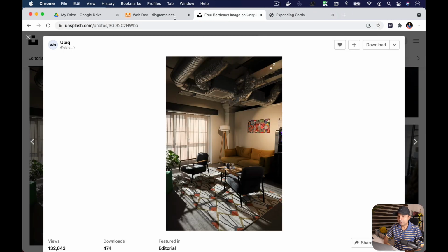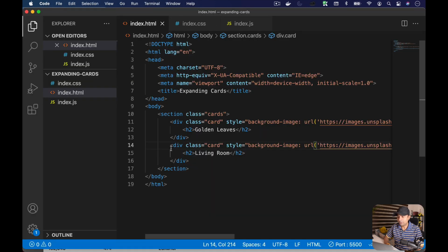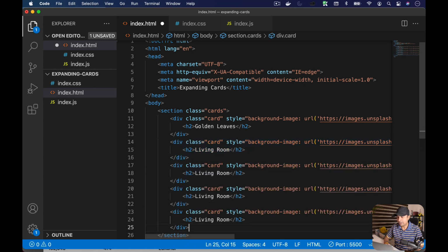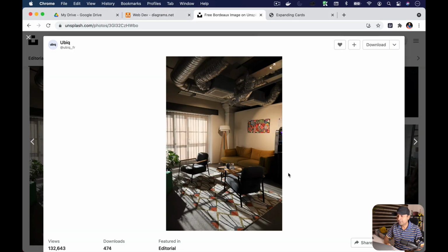Let's have the third image now. So I'm going to copy and paste. So let's copy this one again, again, and again. So I'm going to put 5 different cards. That's why I've copied this for 3 more times. And next image that we're going to use is,